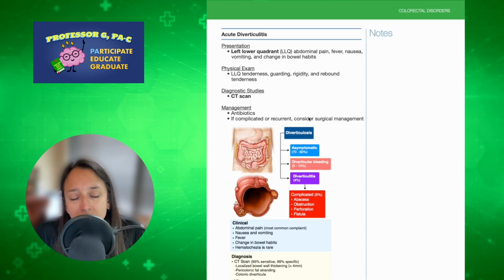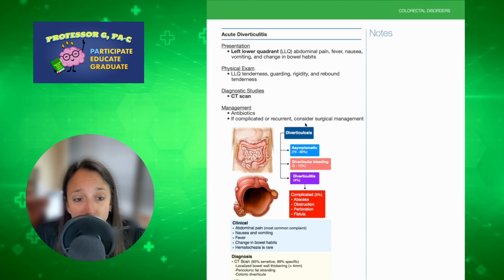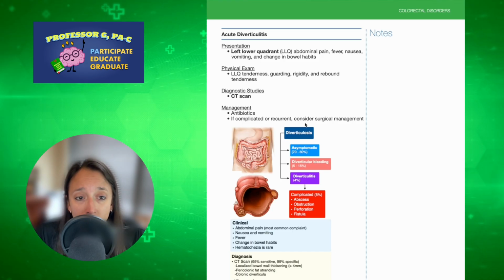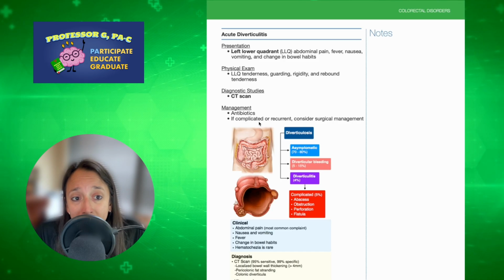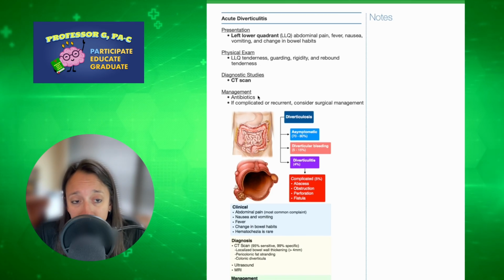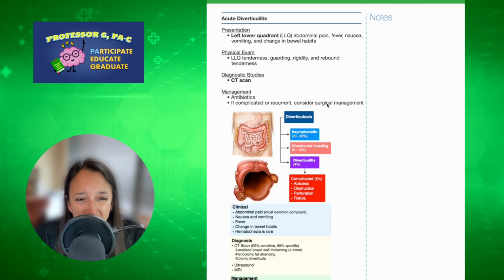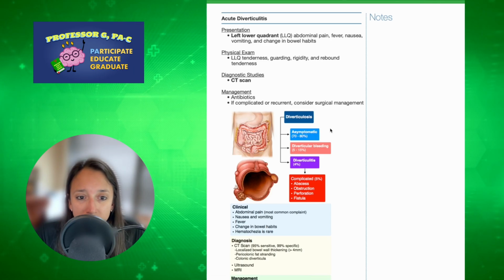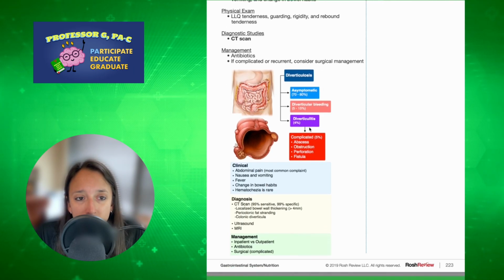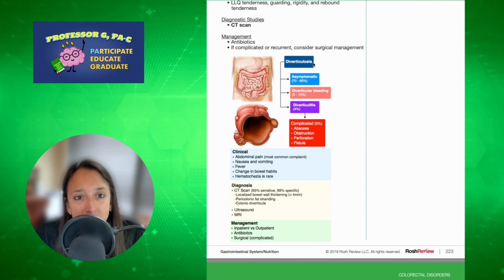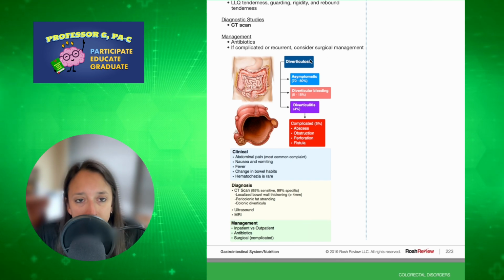So the test of choice is going to be a CT, usually of the abdomen and pelvis, with IV and oral contrast. And management is going to be antibiotics to treat the infection. If it's complicated or recurrent, we might consider surgical management, especially if there's an abscess in that area that's pretty large. So as you can see here, kind of this graph, we have diverticulosis, which is the overarching disease, and